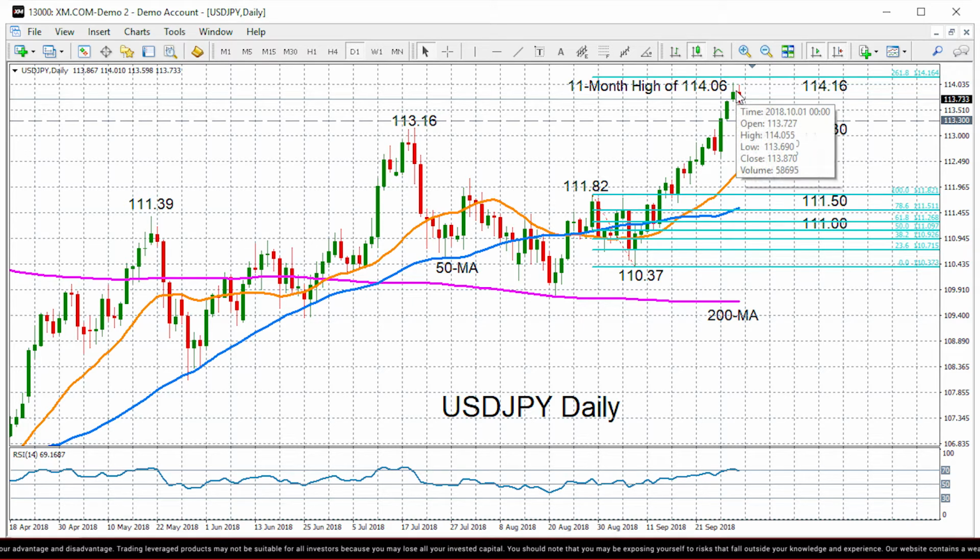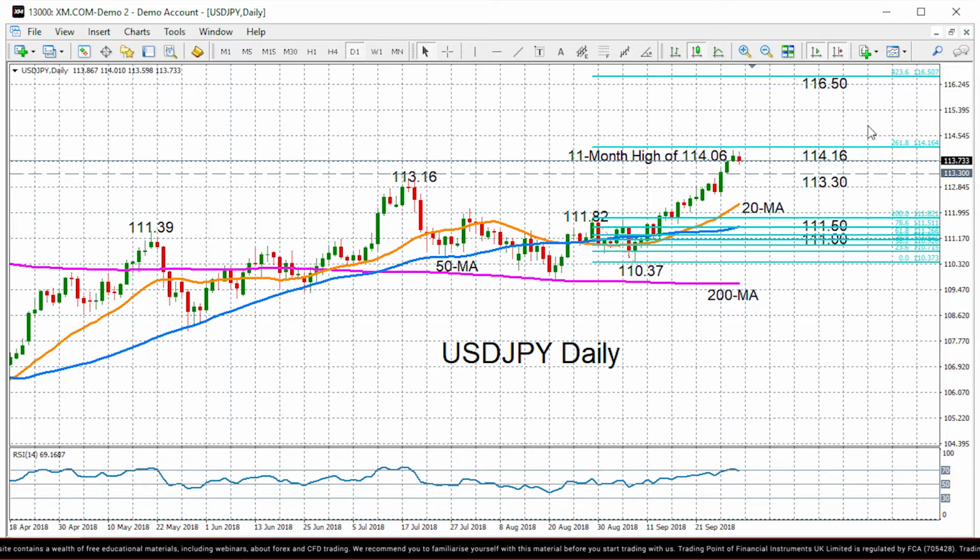lower. We can see though yesterday prices peaked at an 11-month high of 114.06. That was just below the 261.8% Fibonacci extension of the down leg from 111.82 to 110.37. A break above that key level would then set the next target for resistance as the 423.6% Fibonacci extension at around the